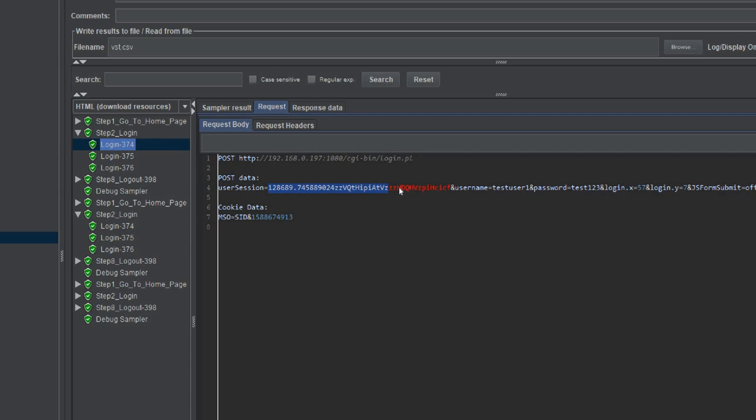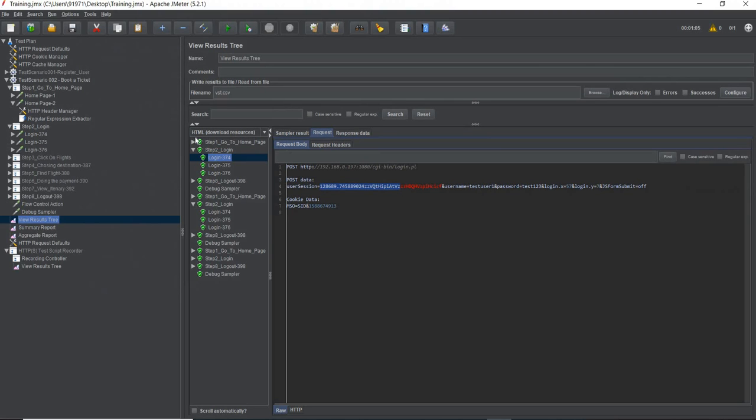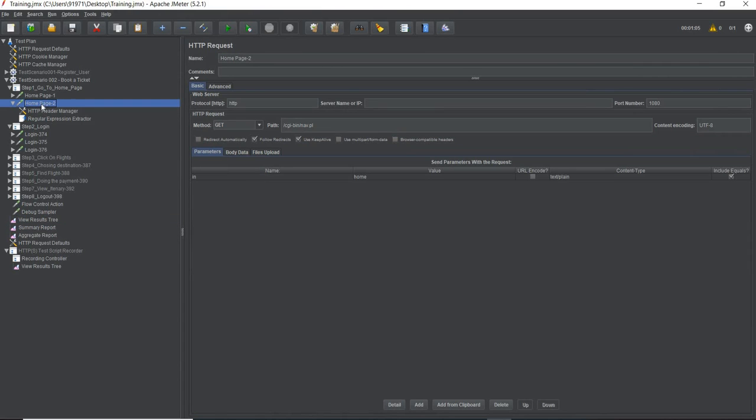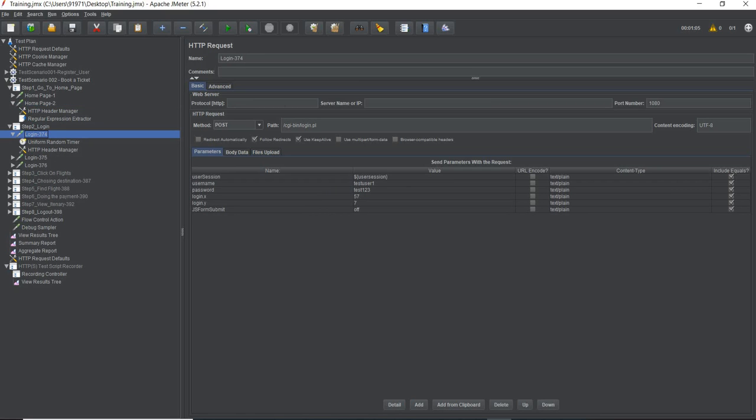Both of them have different user sessions, so we have successfully correlated the value. Anything which was coming in the response of this request has been extracted by the post processor regular expression extractor and put into the subsequent request as the user session variable.